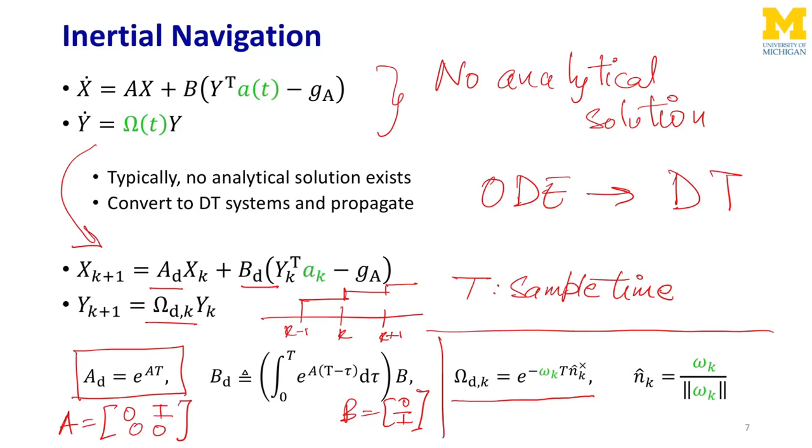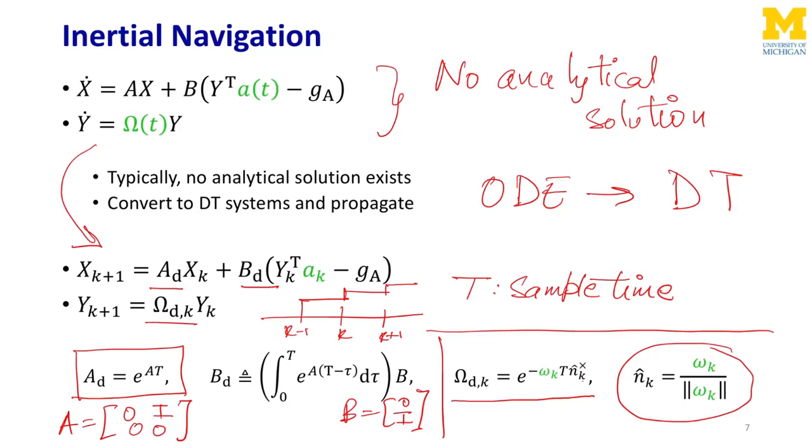This is what omega T is. And n hat at step k is simply the unit vector along the direction of the angular velocity. So what basically we are saying is that we rotate at a fixed angular velocity around the axis of rotation at step k. So think about that for a second. That gives us the big omega D, and using these three matrices, we can propagate our position and velocity state,